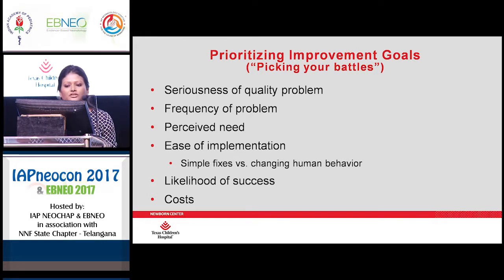But I think some of the factors to take into consideration are the seriousness of the quality problem. If it's something that's resulting in mortality or a severe adverse event or a serious complication for a patient, obviously that takes high priority. The frequency of a problem: how often is it happening in your unit? If it's something that happens every 3 years, maybe that's not your priority. Ease of implementation, the need for it, likelihood of success, and cost are other important variables you want to take